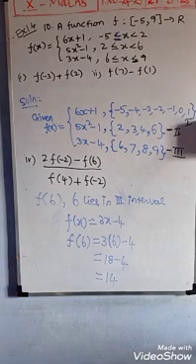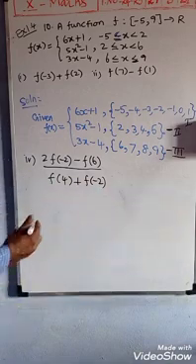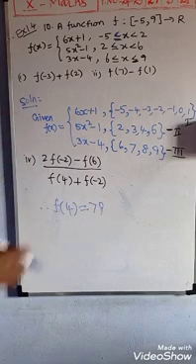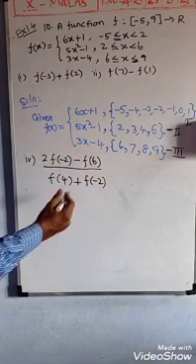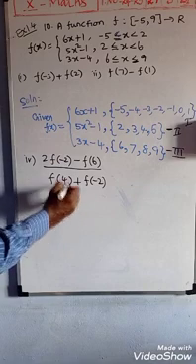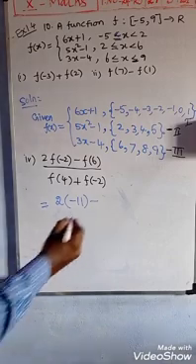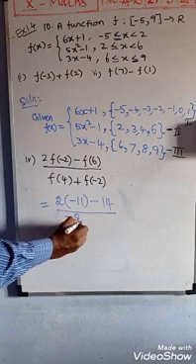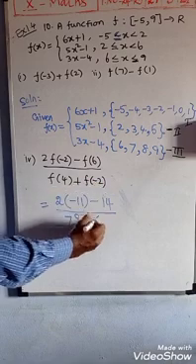We already found the f of 4 value in the earlier question, so here we can directly write f of 4 is 79. We also already have f of minus 2 as minus 11. Now substitute: 2 times f of minus 2, which is minus 11, minus f of 6, which is 14, divided by f of 4, which is 79, plus f of minus 2, which is minus 11.